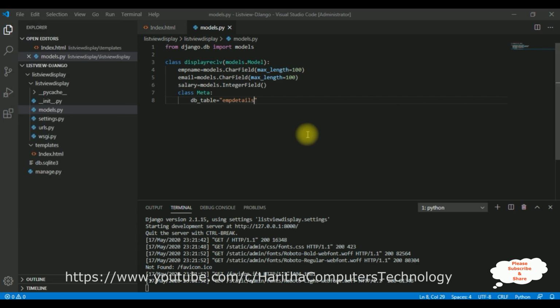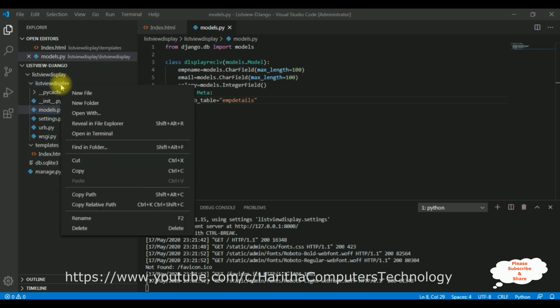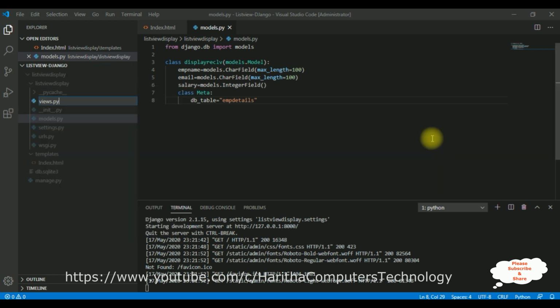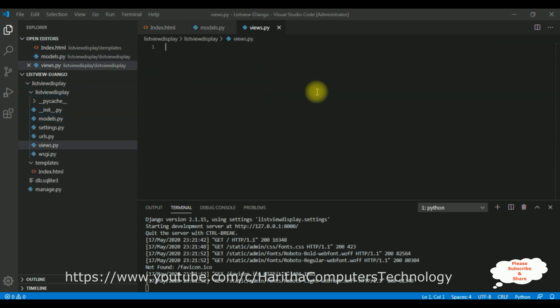After that we'll add the views page. Again right click the subfolder, click new file. The file name is views.py, enter, and here we got our views.py Python page. In this views page, before adding the logic to display all the records, first we'll import the necessary classes from